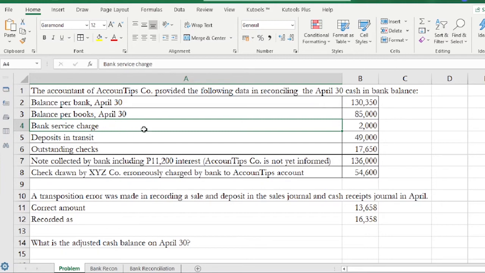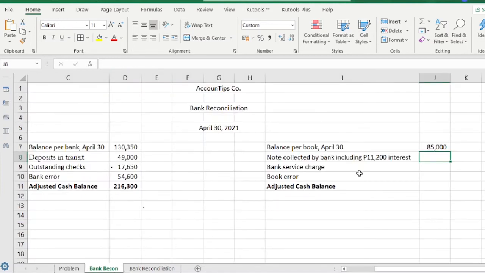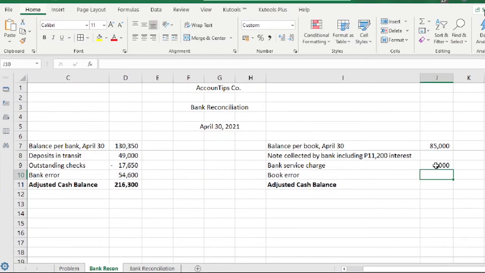So we would input the bank service charge, which is 2,000, in here. 2,000. So the next adjustment is